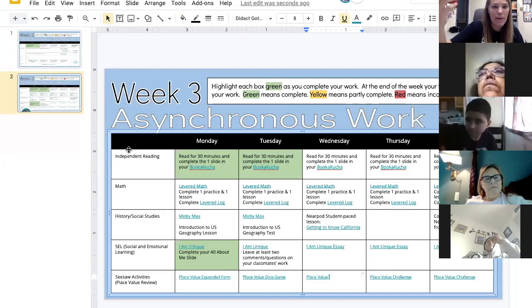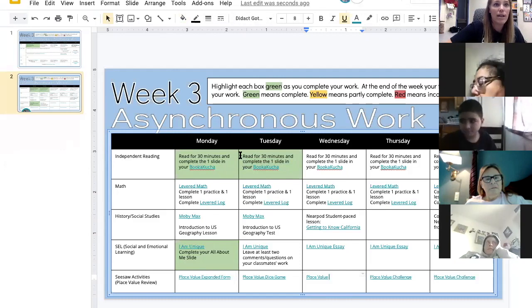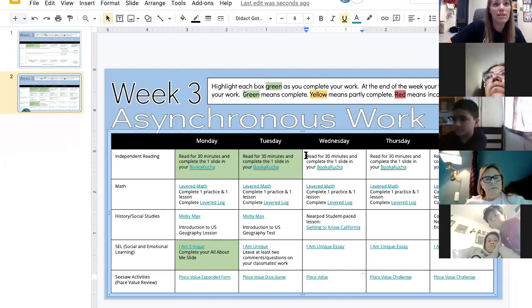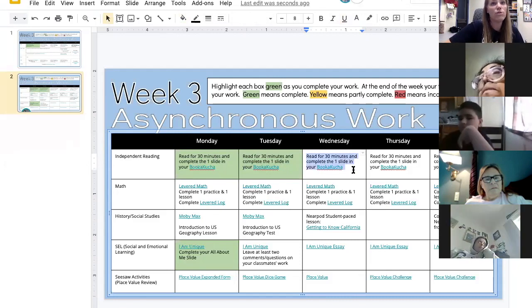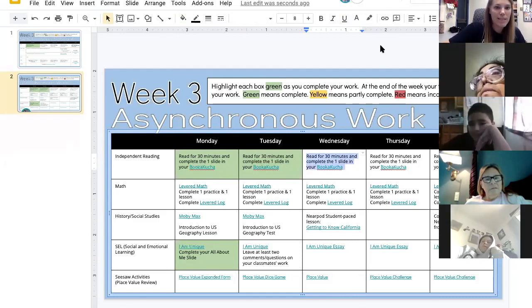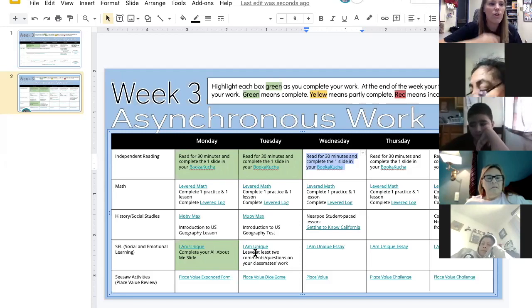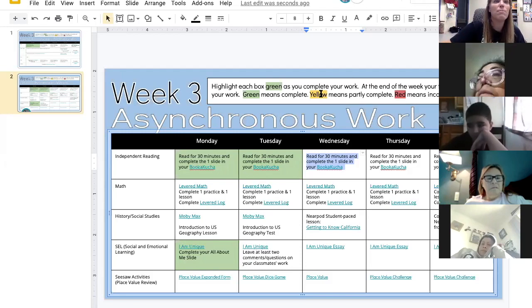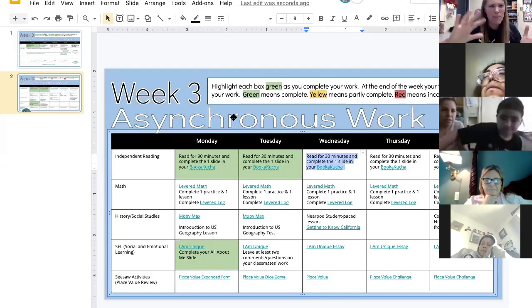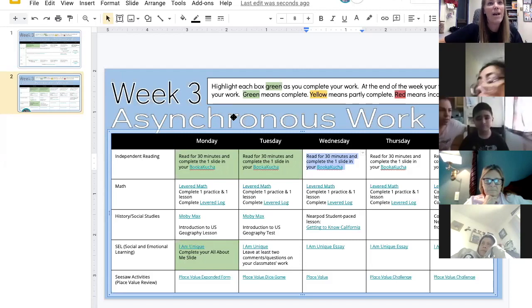So we will, and this is what we give you as your end of week report, we will give you a copy of this, right? And each teacher's looks a little bit different, but if you see, oh, like this student missed their Wednesday book of LUCHA, and then it's highlighted in red, right? That means they didn't do it. And if it's highlighted in yellow, that means maybe they did it, but they didn't follow directions fully, or they got some information wrong, or it was incomplete, but at least they did part of it, right? So green would mean done, correct, great. Yellow means done, but maybe some errors or some needs to be reviewed. And red means incomplete.